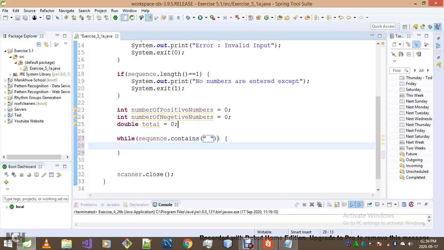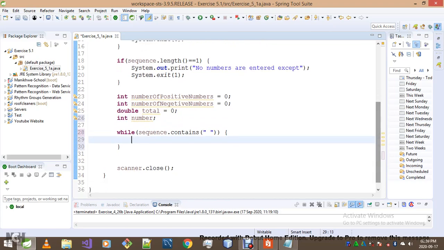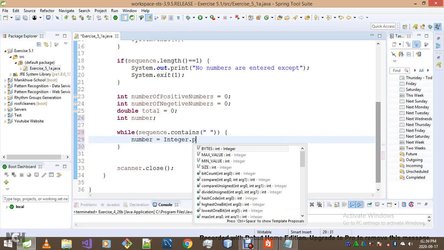So here, another thing I'll have, I wanna declare a number here. This number corresponds to the current number we'll be dealing with. Okay, so here it is. We simply go number is equal to Integer.parseInt,